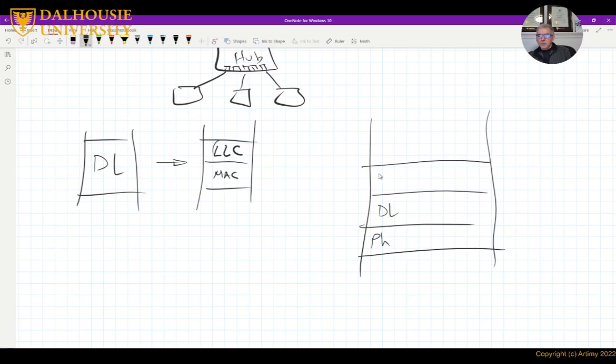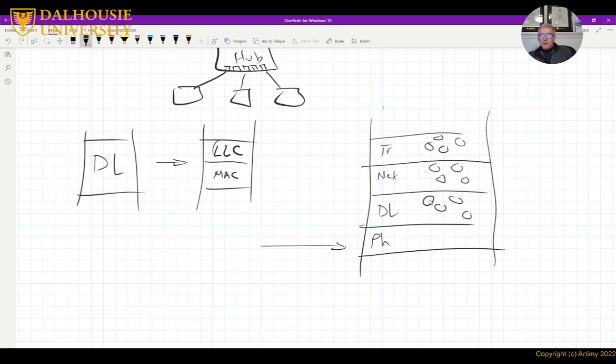And the network and the transport and so on. Each one of them actually consists of multiple protocols. Some of them we have studied already, but some of them we didn't. So when the frame comes and it's received by the data link layer, right?